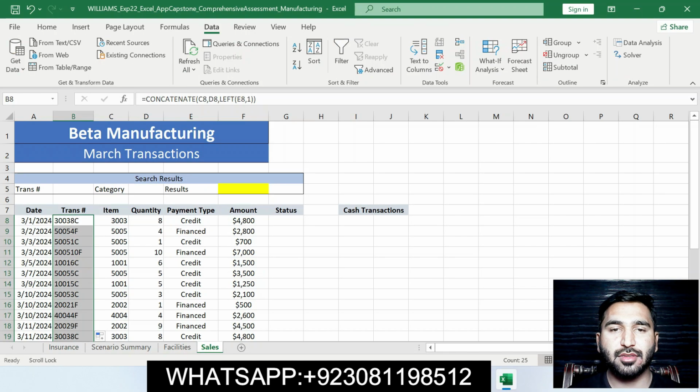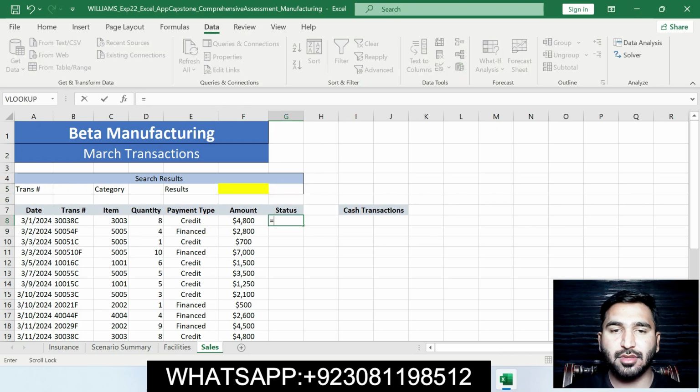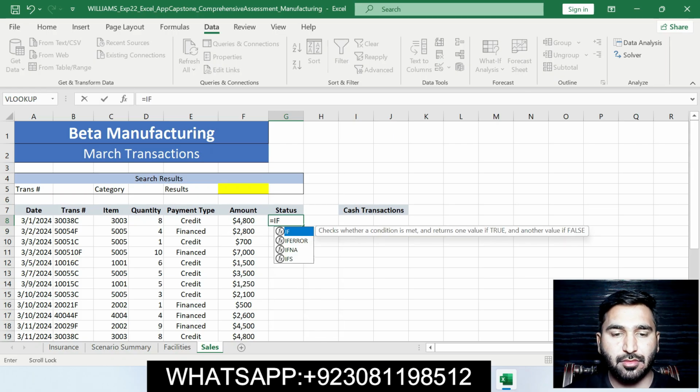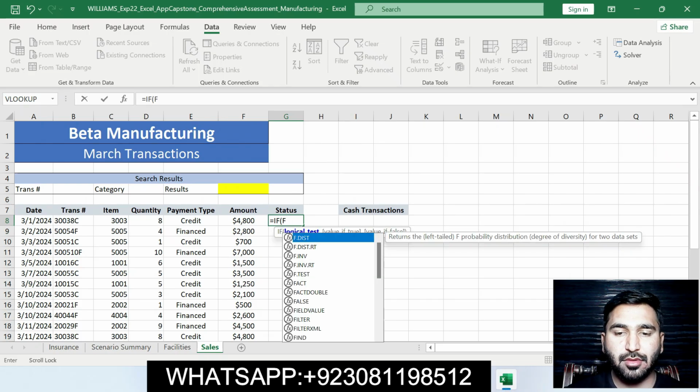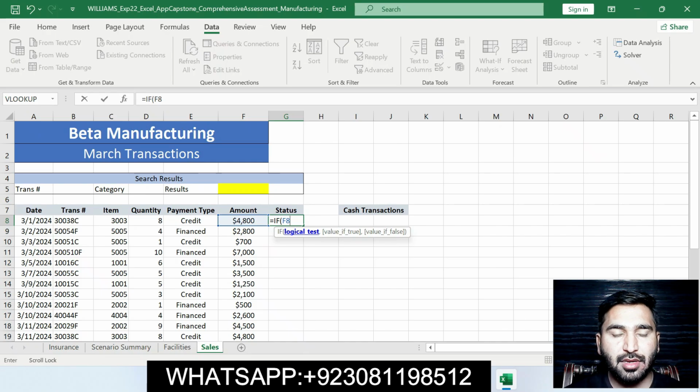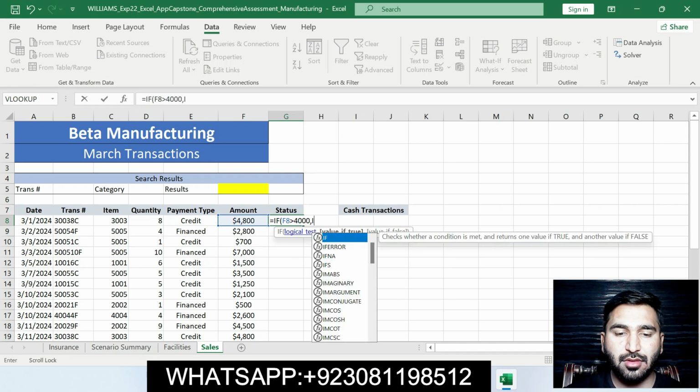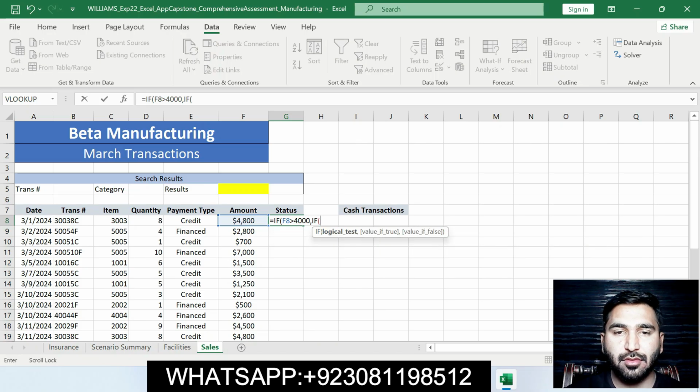Moving on in the Excel workbook, click on cell G8, press equal to, enter the nested function IF, F8 greater than $4,000, then IF